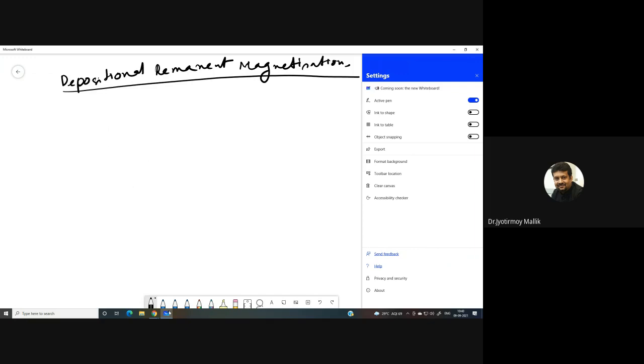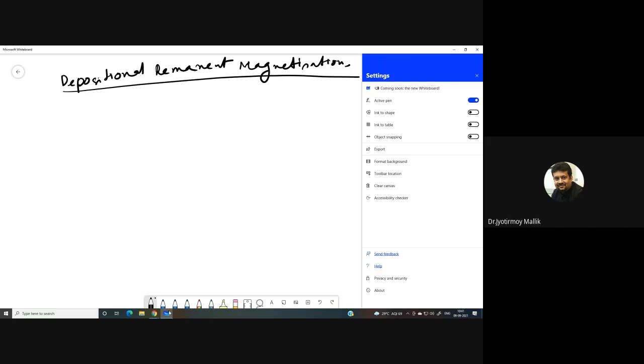The sedimentary depositional processes do not really happen at the temperature needed for these magnetic minerals to change their inherent magnetic properties. You agree with me or not? Does sedimentation happen at 675 degrees centigrade? No, right? So that Curie temperature change and acquiring magnetization doesn't take place in the case of depositional remnant